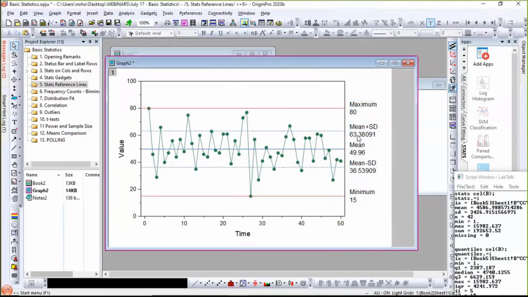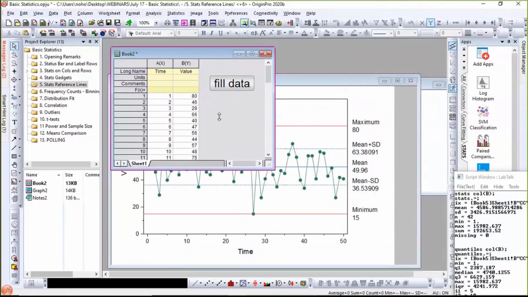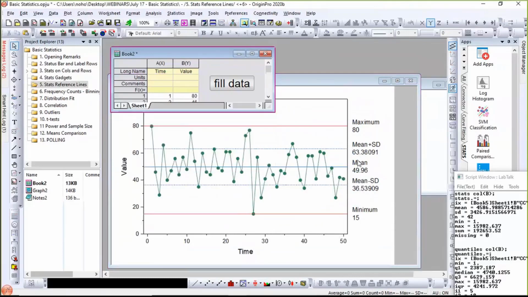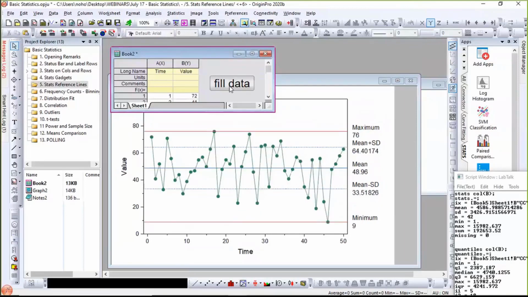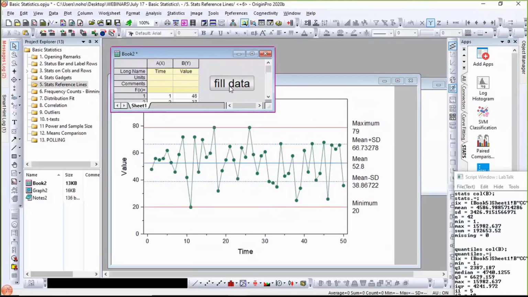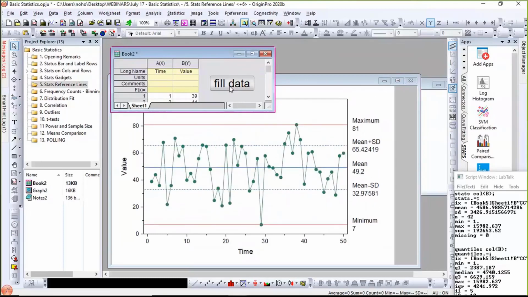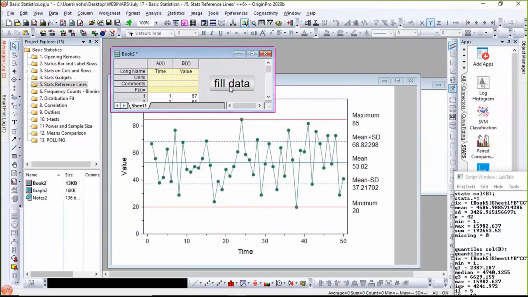Okay, there are tricks to do the formatting, such as show only 2 digits and so on. I'm not going into those details now, but I wanted to show you that this computation that's done for the reference lines is live. So if I change data, you can see my data changes and those reference lines also change. So the reference line takes the active data in the graph and does computation,